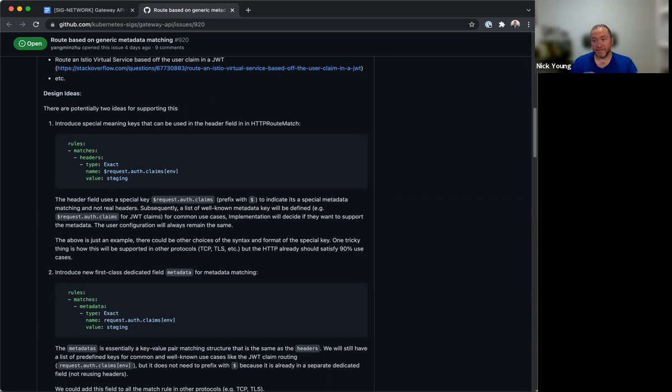Then for JWT tokens we do this mechanism that allows us to add any generic type of metadata, but we're going to add types one by one at extended conformance. And then if implementations want to play around with this, they can use an implementation specific version that they then play around with, and then they can talk about promoting that into extended by adding a series of tests for the extended thing.